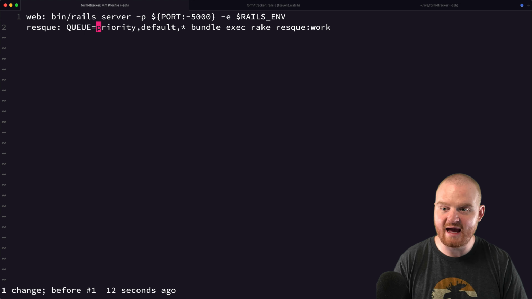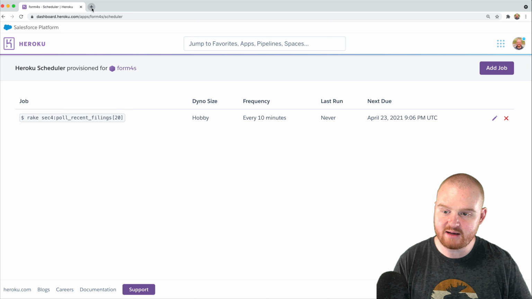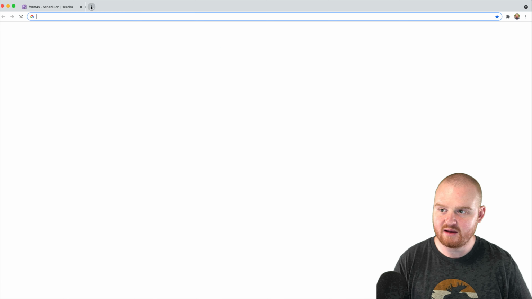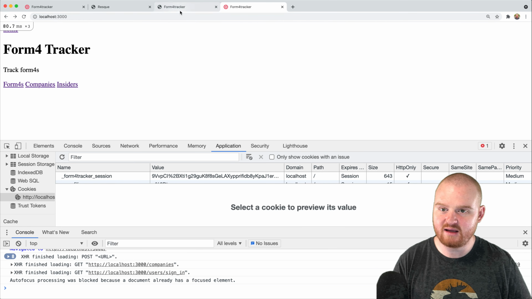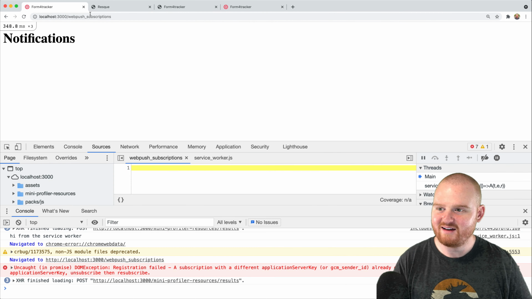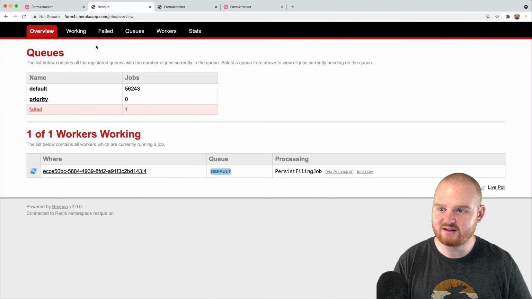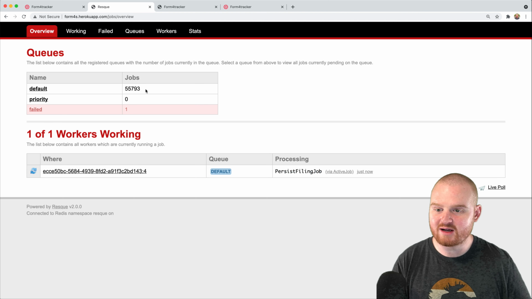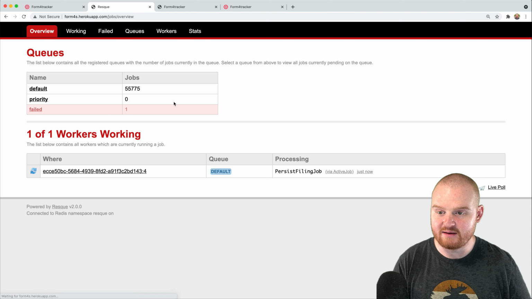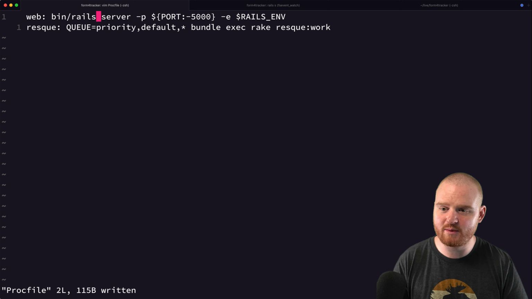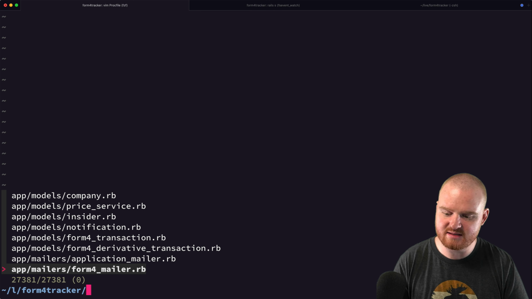However, because we have these really long running background jobs that are executing and taking forever, right? Let's see. If we look at these jobs, in the default queue, we have persist filing job and we have that background task job. Because those are really, really long running, those are going to take a really long time to actually execute. So I think what we might want to do is, in this case, create the